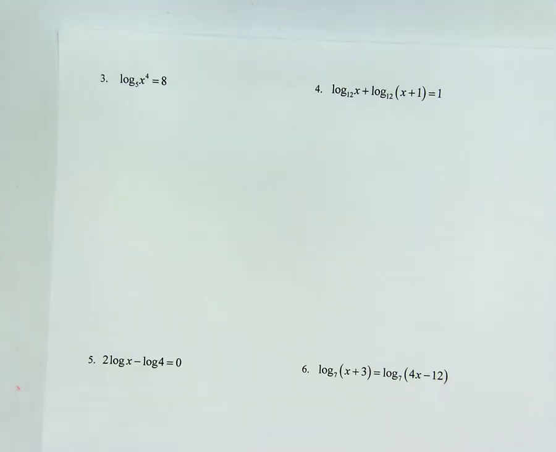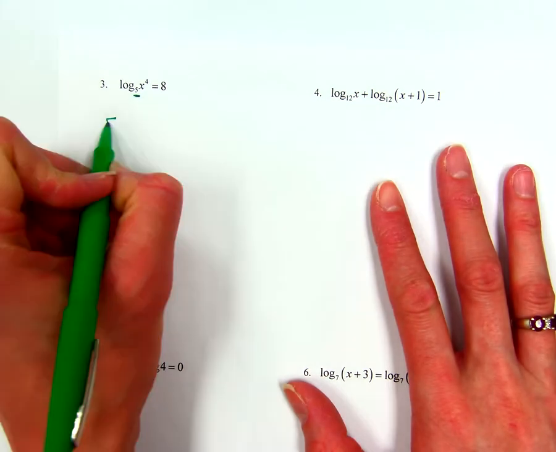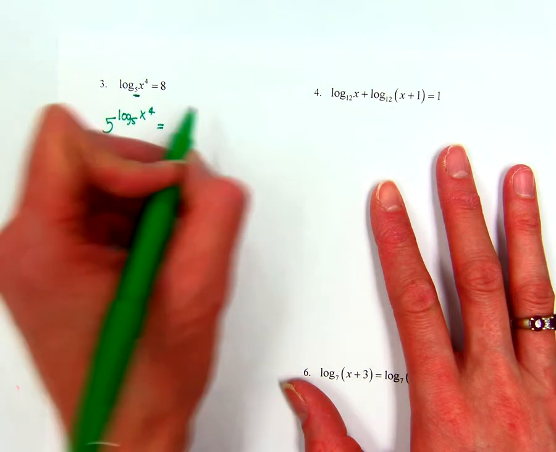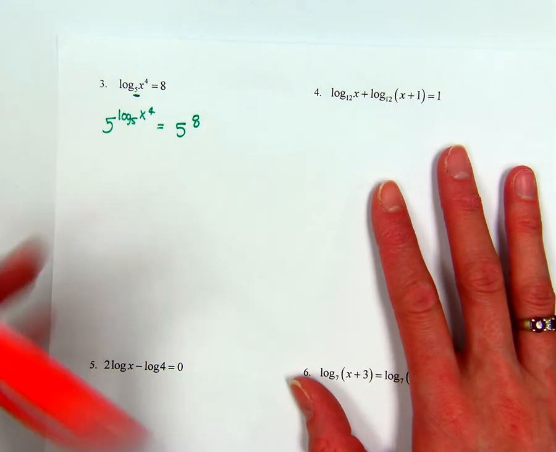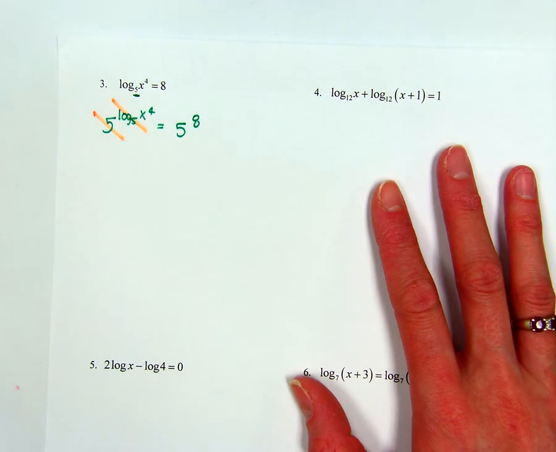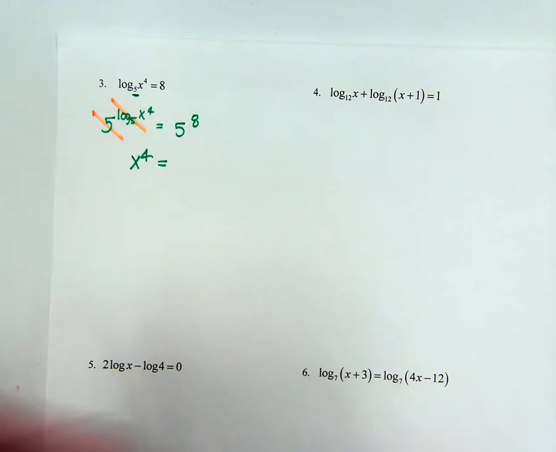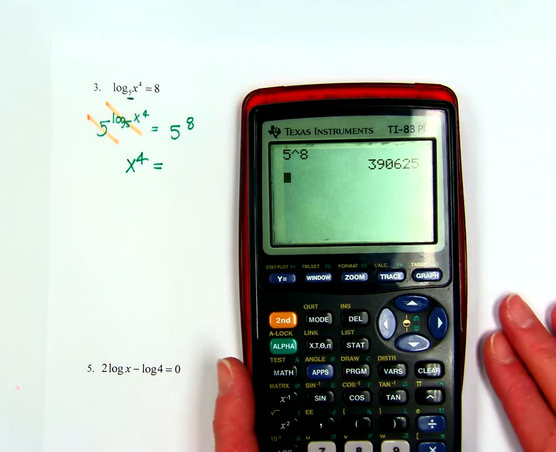All right, so we're going to change these into exponential form. Look at my log's base, that's 5, so I know 5 to the log base 5 of x to the 4th, and I have 5 to the 8th. You should remember that the 5 and the log base 5 cancel, so all that's left is x to the 4th equals, now for this one, 5 to the 8th is going to be a big number, so that gives me